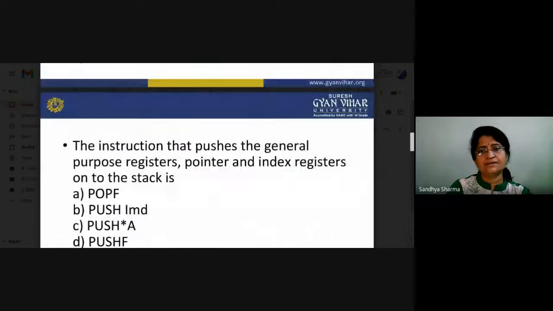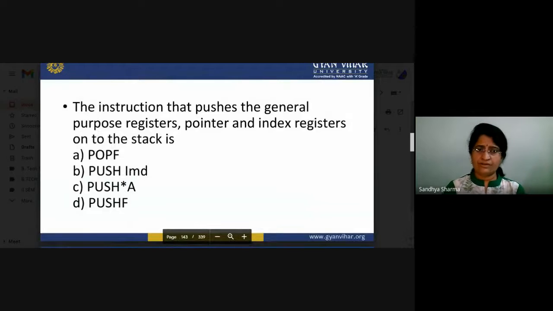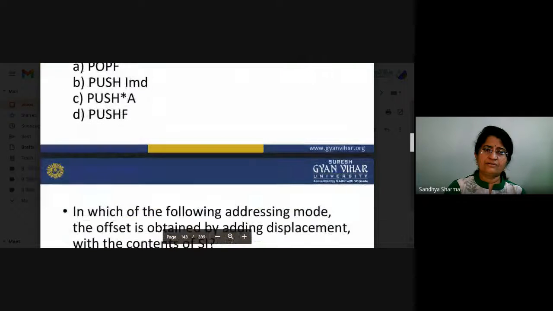You have to cover all these things properly, then it will be better if you work in the proper way. Another question: the instruction that pushes the general purpose registers, pointer and index registers onto the stack. So how you can use the stack registers, that will be covered.